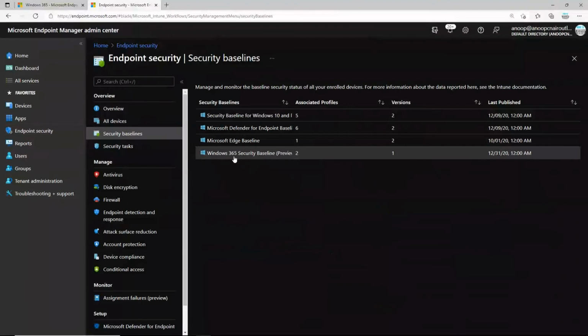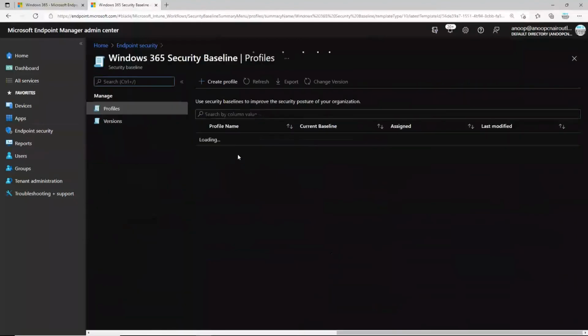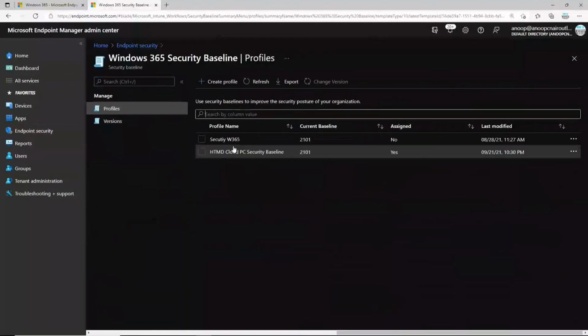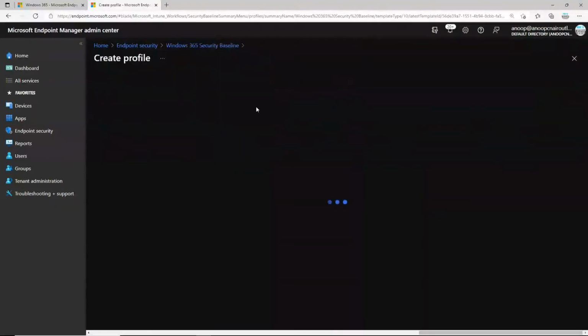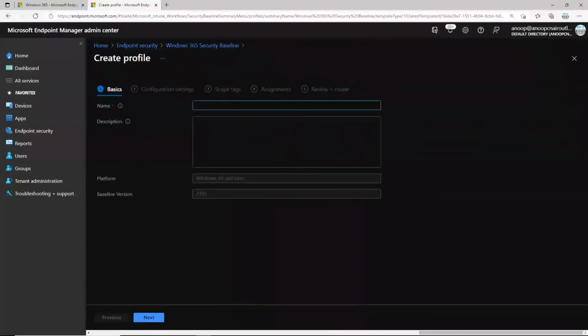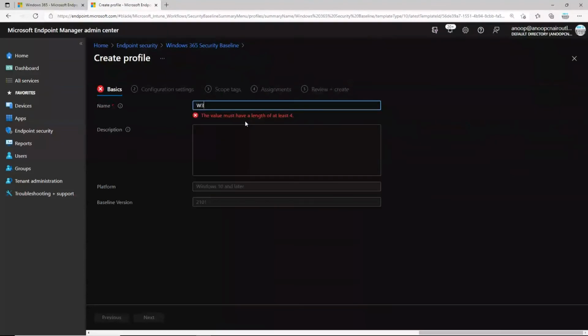For example, you can see over here the Windows 365 security baseline, right? If you click on that, you would be able to see all the policies recommended by Microsoft, right? So if you click on create profile, you go through the same flow,